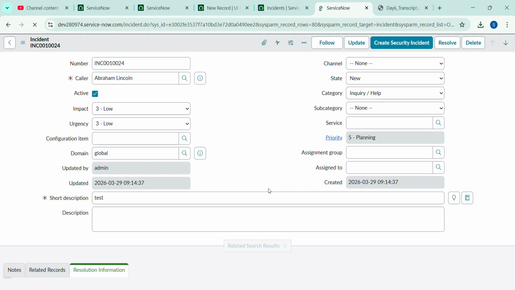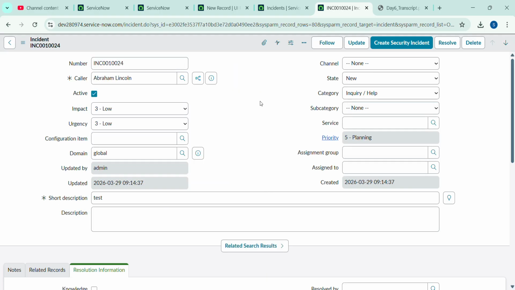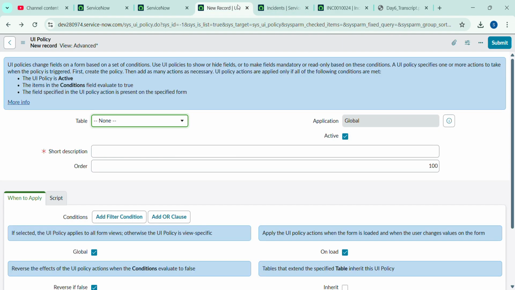Let me save this. Now we'll work on hiding and showing the field. So our requirement is whenever the category is database, I want the service field to be hidden. So in the same UI policy,